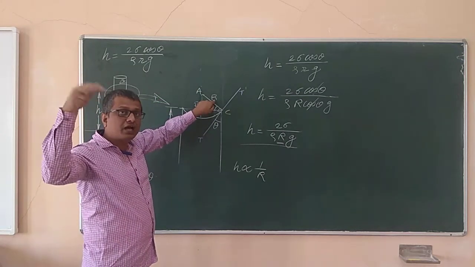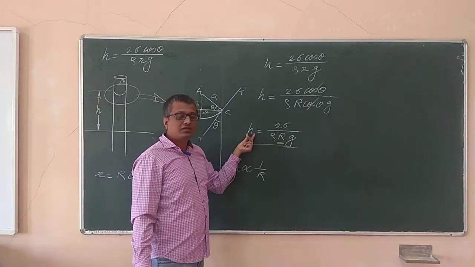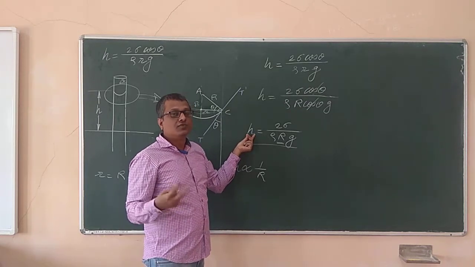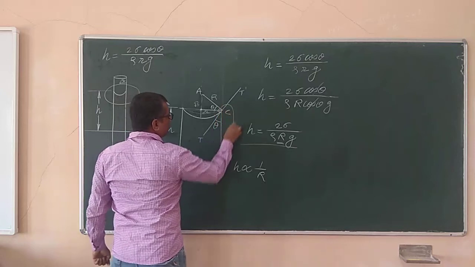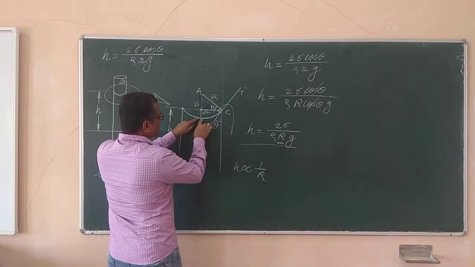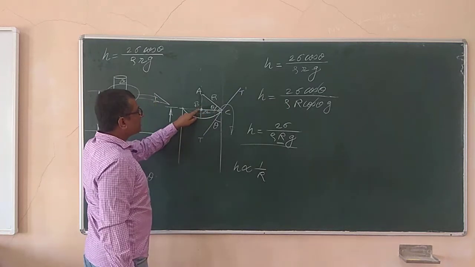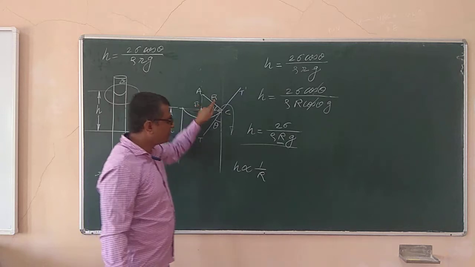Going up means the value of R will increase. As R is increasing, the height above that level will decrease. And that's what the relation is. Finally, if the liquid wants to fall down in this way, first of all this curvature has to come up and should match this point B. And if this curvature is coming up to that point B, then the radius R will become equal to infinity.